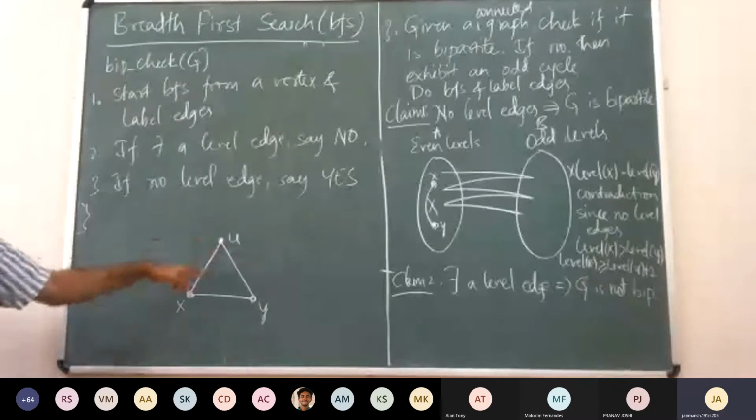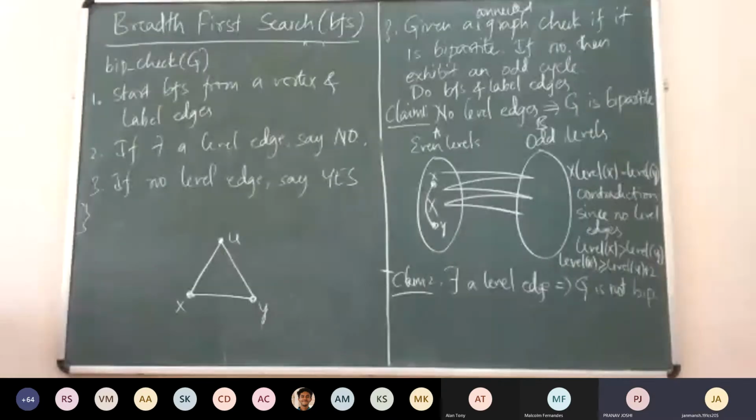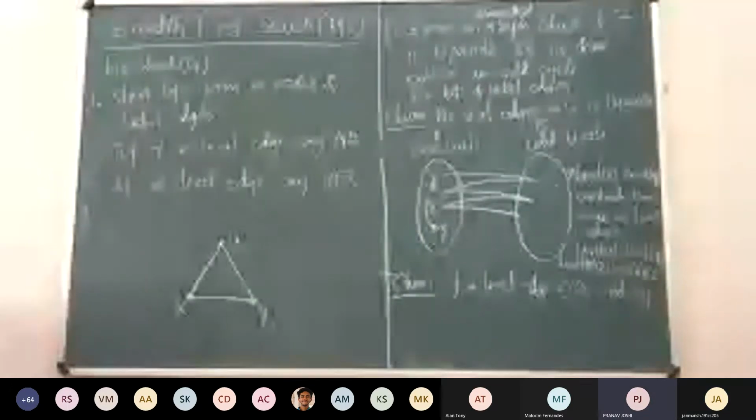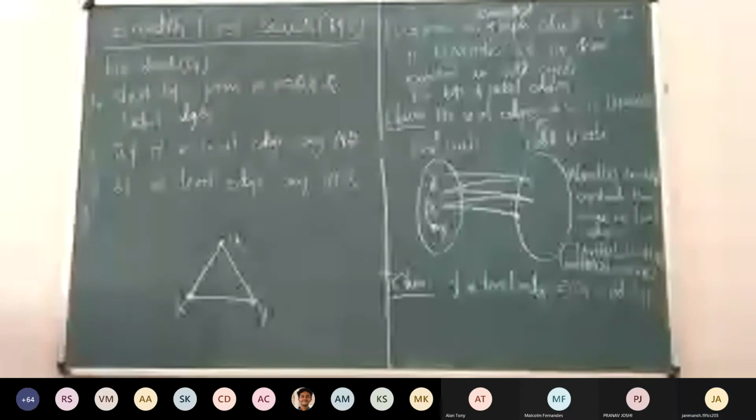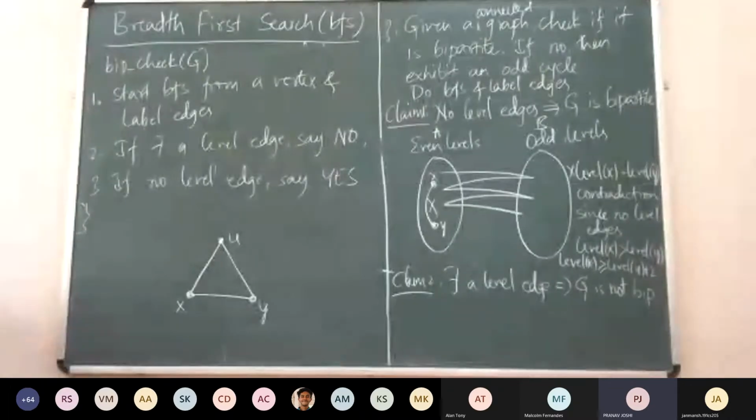Yes, Pranav. Is it necessary that you have an ancestor adjacent to X and Y? If there are two vertices on the same level, they need to have a first common ancestor. What is that first common ancestor? It need not be this one, right? Yeah, it need not be this one, but we have to travel up the same number of times from both X and Y. Suppose we travel K levels up, then it will be 2K plus 1, so eventually it will be an odd cycle only.